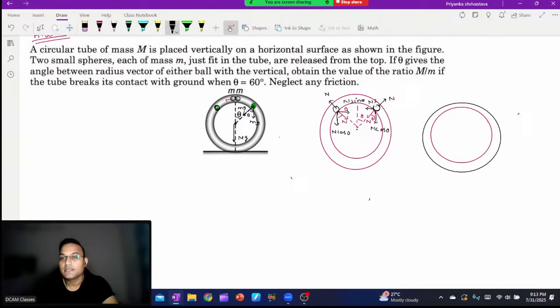But in this particular case, they both will cancel each other, but n cos theta and also mg are acting downwards. So this is not our case of liftoff, because n cos theta and mg both are acting downwards. This n cos theta and this n cos theta and this mg, they all are acting towards down. So the net effect is it will try to move inside the surface, but that's not our case. So our case is the spheres, these spheres are touching the outer surface actually, like this.